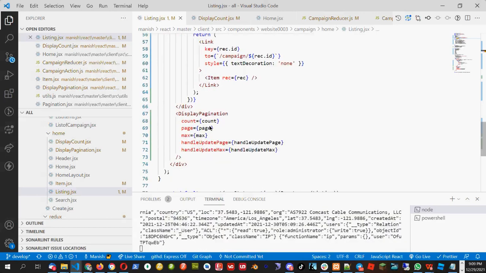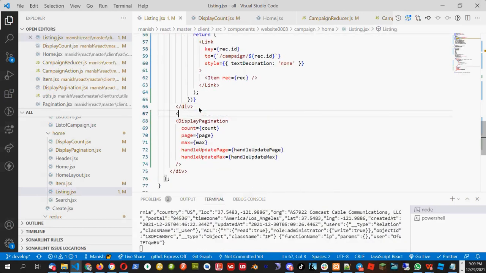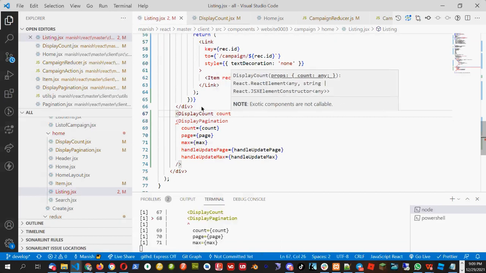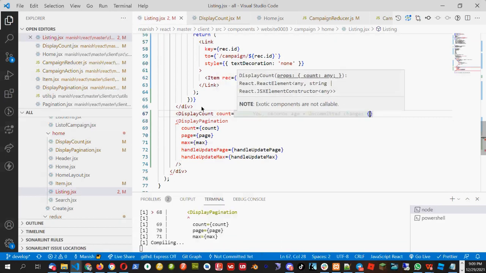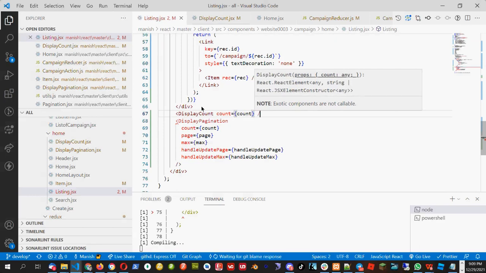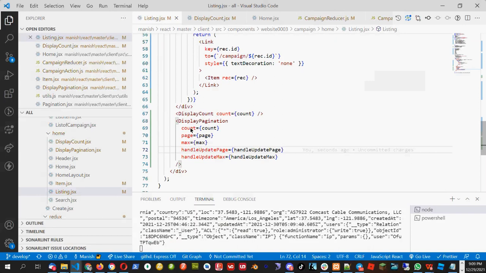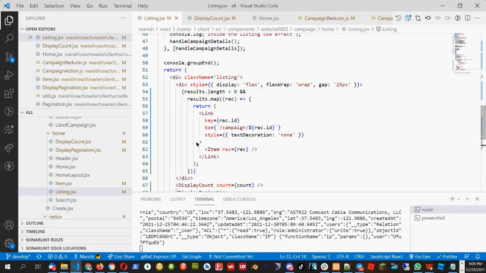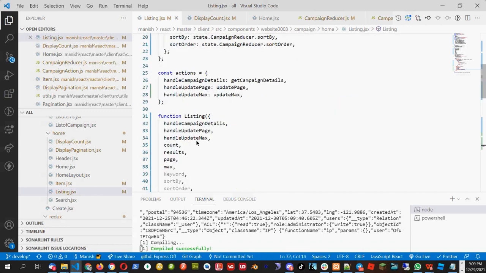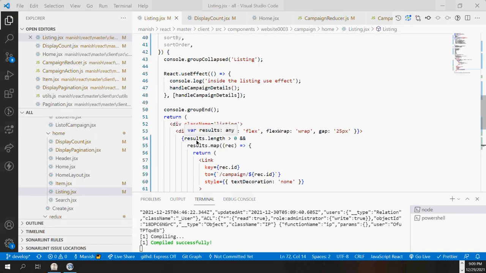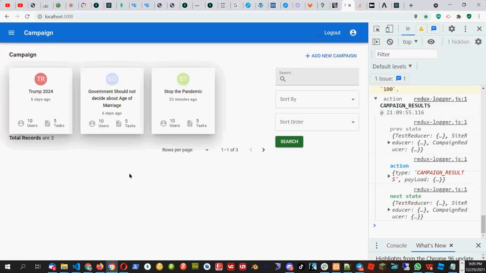I am passing count here, see, because we need to show the count on this display one. Before I explain once more, you need to write this down. I will give you this in the chat. You can copy paste it or write it down, it's up to you. Let me see if it's working fine, then I will give you the file. Then I will explain once again.